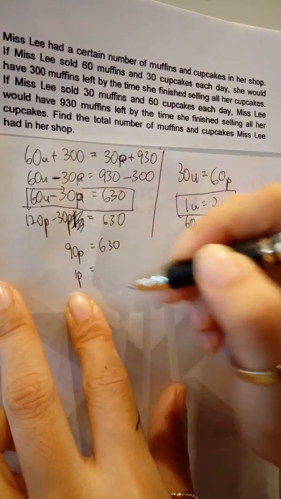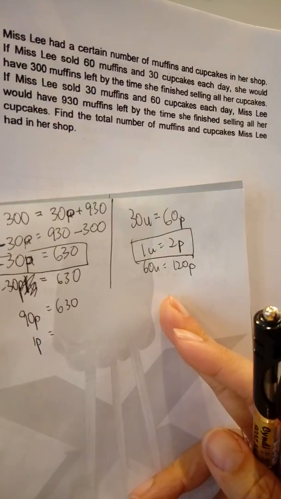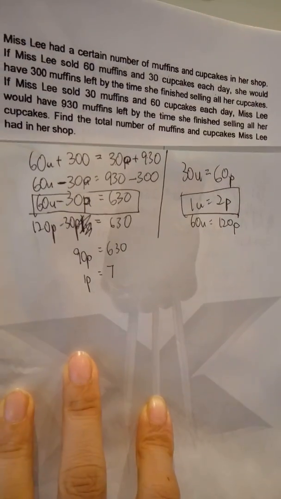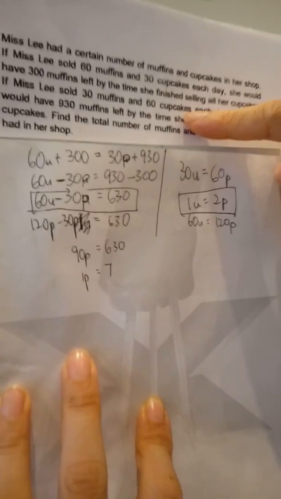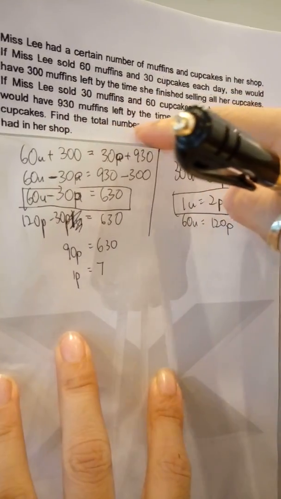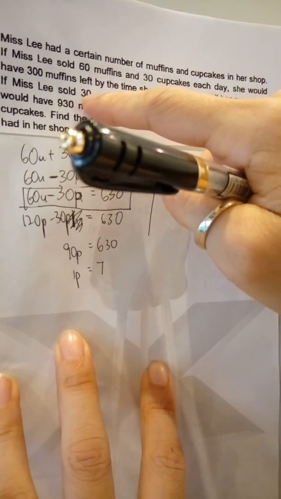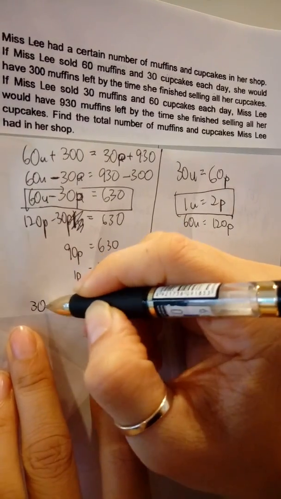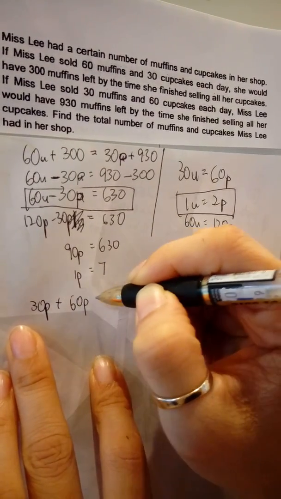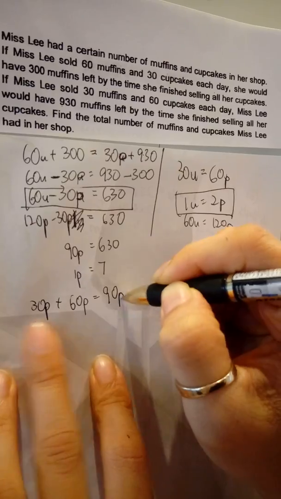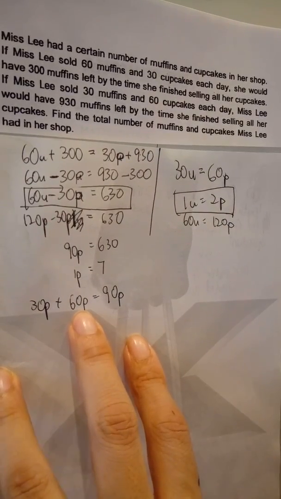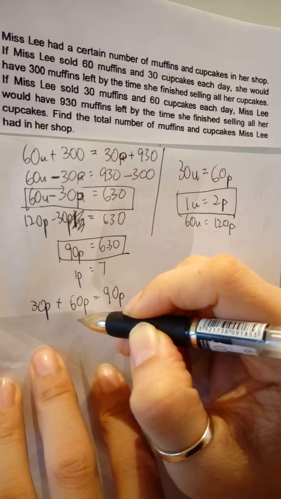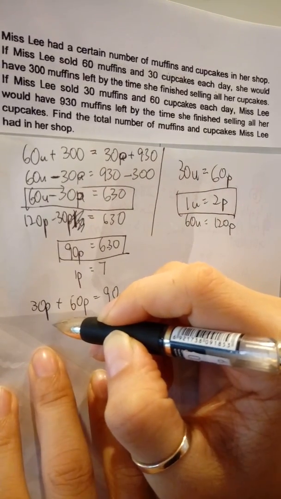So 1 part will be 7. Remember, we let the second one be parts. So find the total number of muffin and cakes. So this is 30 parts plus 60 parts. So 30 parts plus 60 parts is equal to 90 parts. Huh? You mean I don't need to? So silly. Yeah, I already got it. So 630, right? So 630